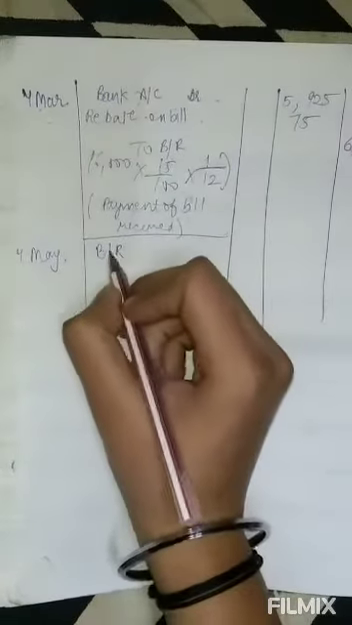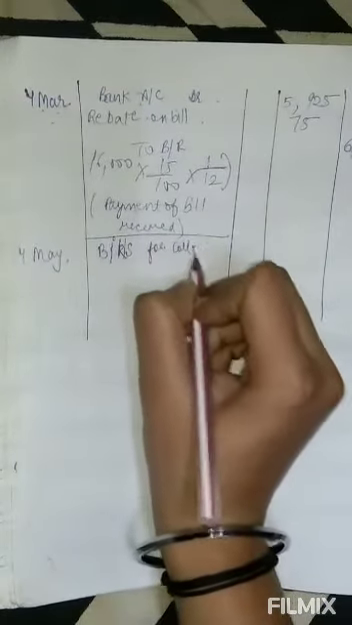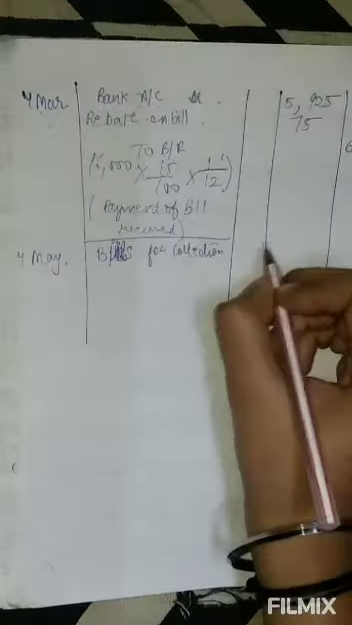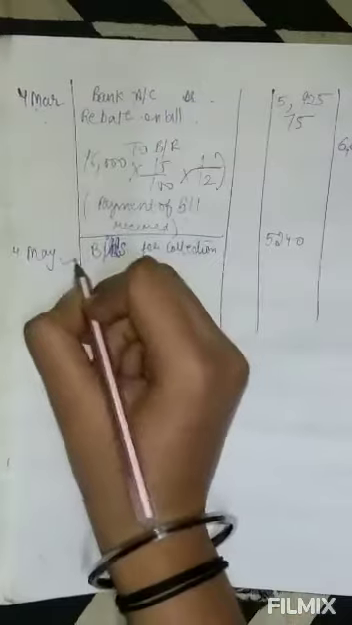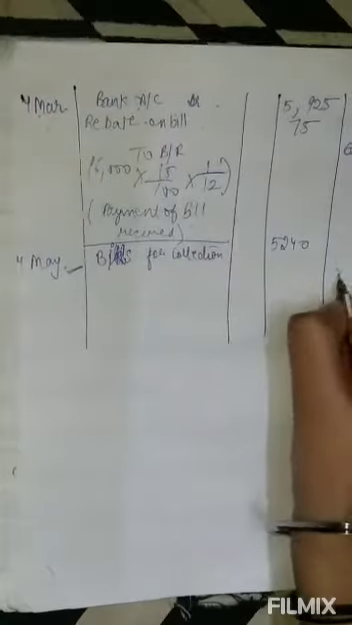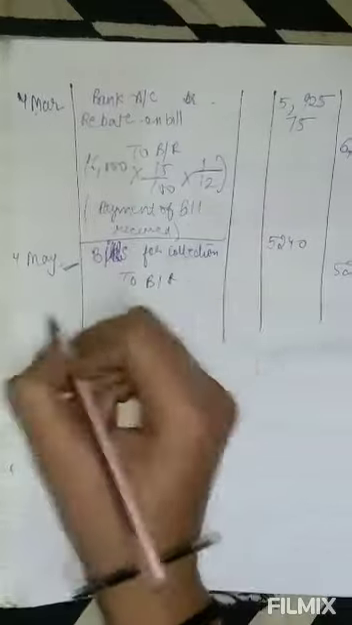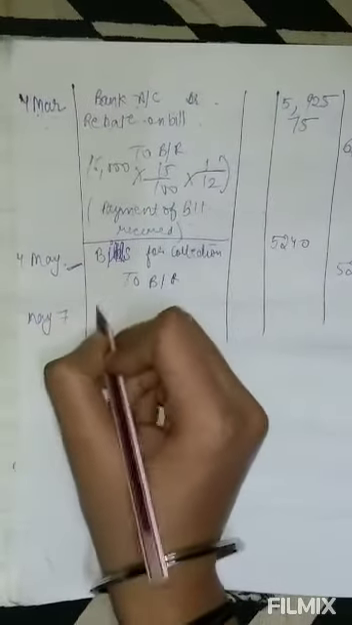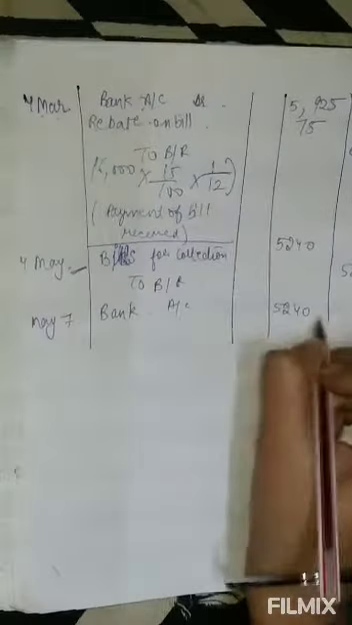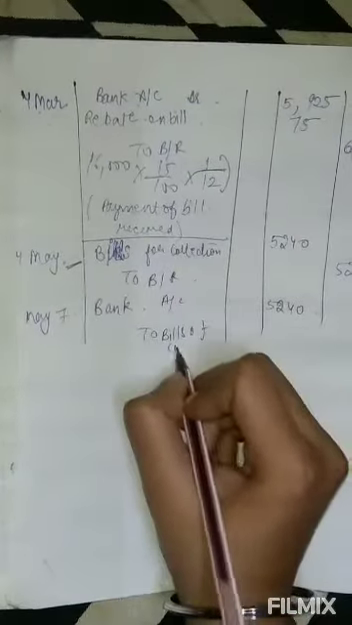BR has been given for collection, so we will write bills for collection account, right? Bills for collection account. This will be of 5,240. On 4th May we are talking about the 4th bill, that is of 5,240. There also 5,240 will come, and to BR, right? And on May 7th, that is on the maturity, bank account will be debited by this amount only, and bills for collection,